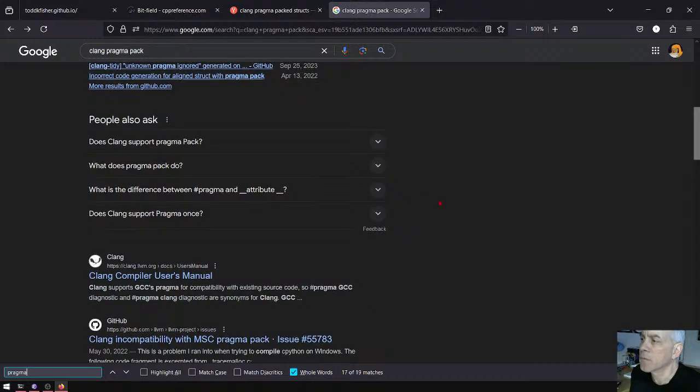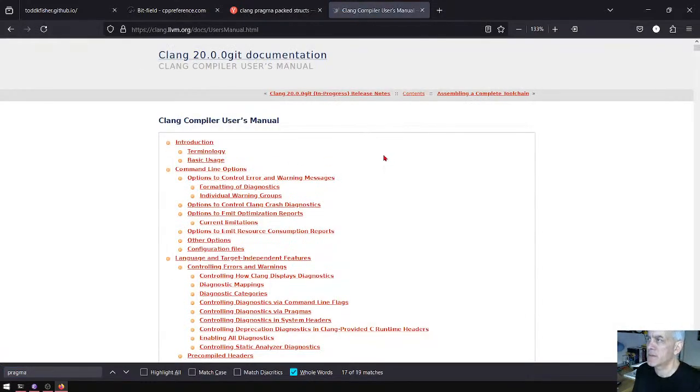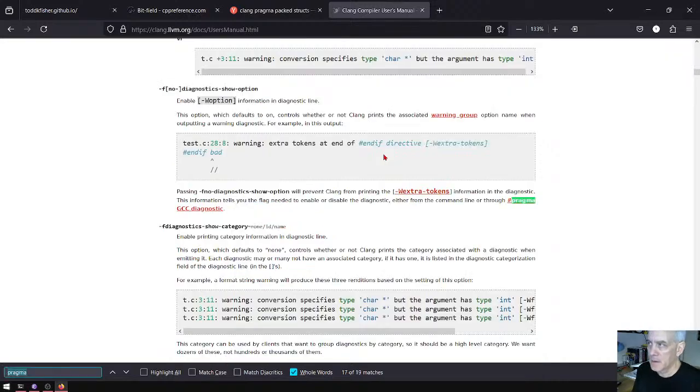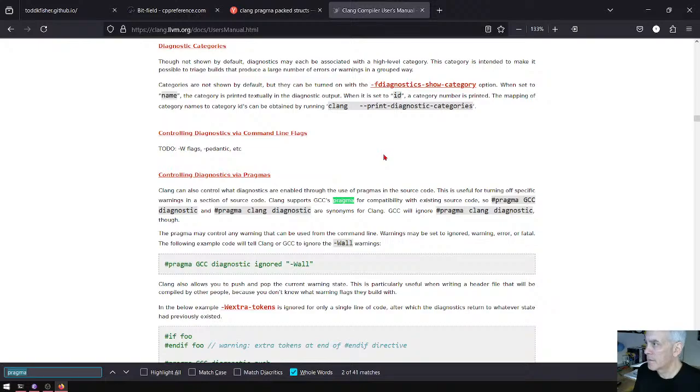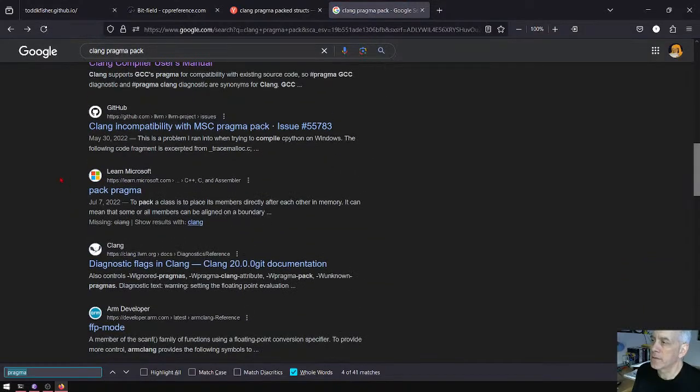I don't know which Clang compiler user manual. Okay, didn't I just look at this? Pragma. Surely there should be a list of